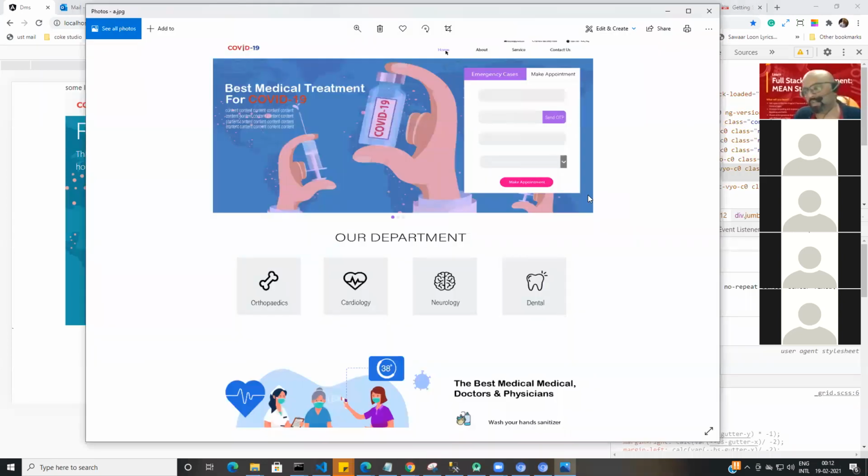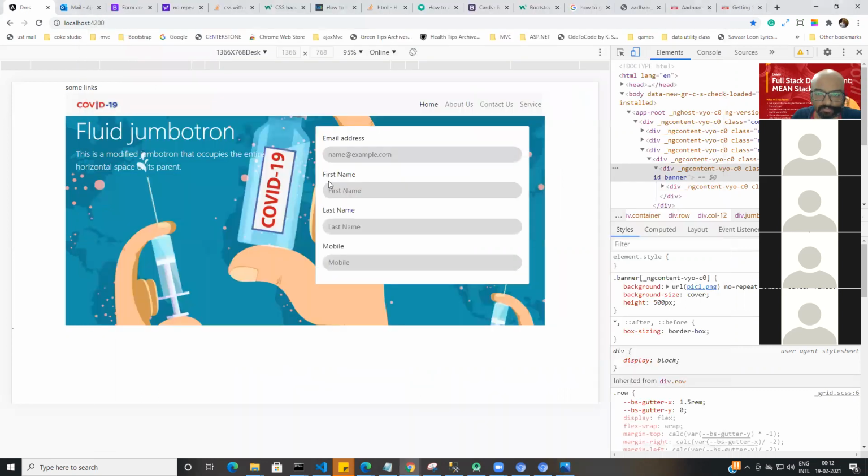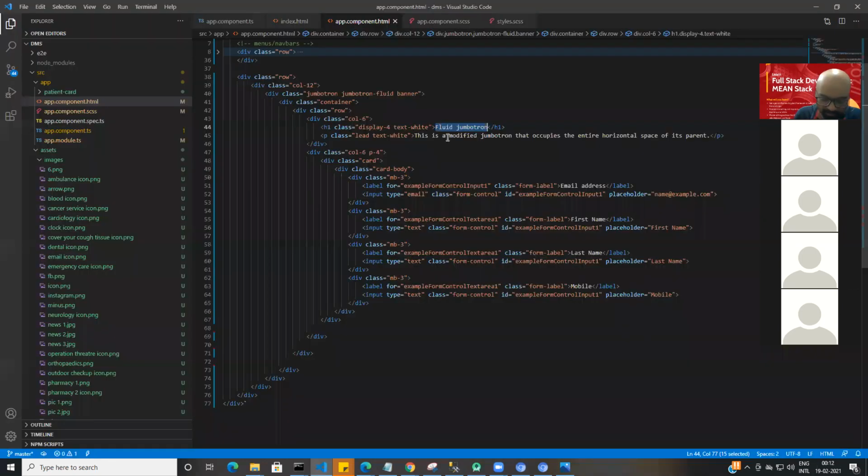What I'm trying to show you is how we can make use of the base classes, and if those base classes are not good enough for us, how on top of that we can create our own custom class and apply it. The text is best medical treatment for COVID-19.